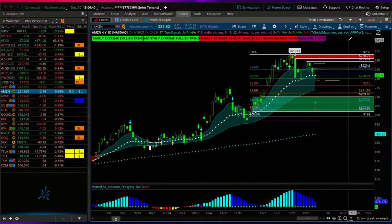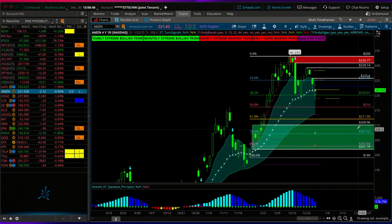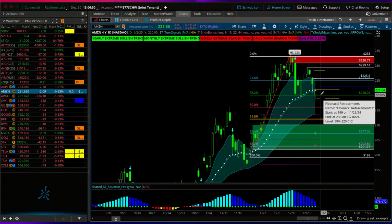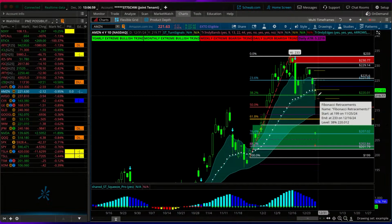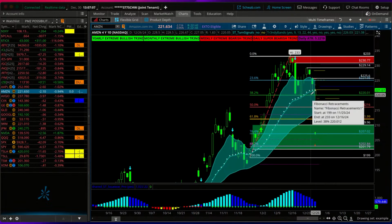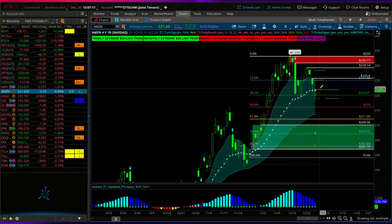220.01. This is what I mean by not getting wicked out of the trade, but rather committing to a candle close. So 220.01. You can see on today's candle, this bottoming wick, it definitely broke down below 220.01 at some point today. But you can see that buyers stepped in at the bottom of that bull channel so far, and price is